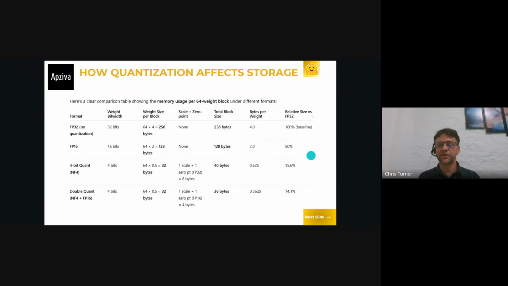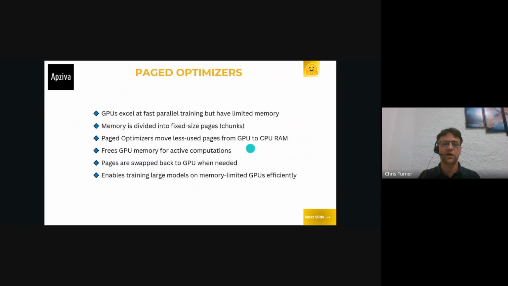So it's a really big help in getting these models onto our machine in a form that our smaller machines can crunch and do the numbers that we want to accomplish. And that's not the only thing that the makers of QLoRA instituted to make this easier. They also instituted what are called paged optimizers. This really starts to get into some deeper stuff about computer hardware and how the computer works on a very low level. This is not my area of expertise, but I can give a basic explanation of what's going on here.